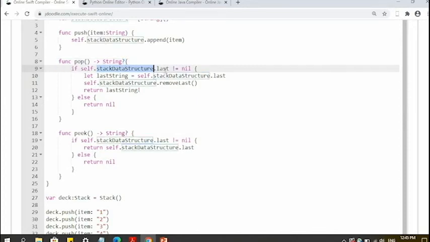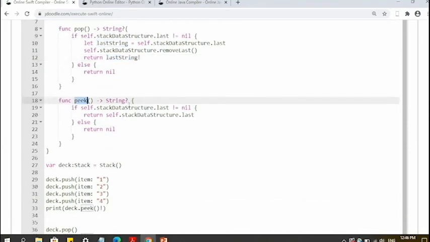Now you see, if last is not equal to nil, nil is null, so if the last item is not null, then it removes the last item from the stack, so it pops the last item and returns the value.